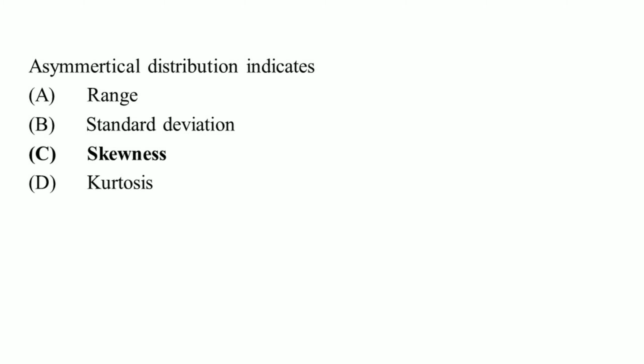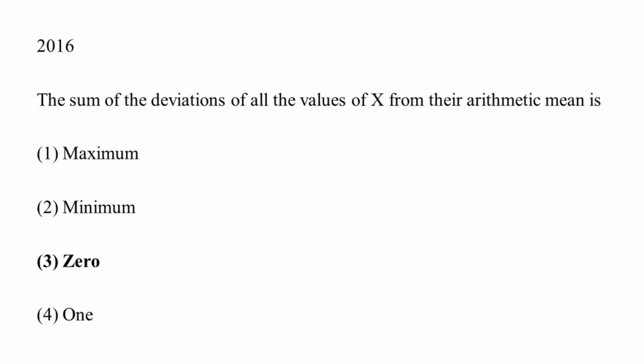Asymmetrical distribution indicates, option C, skewness. Next questions are from the 2016 UGC NET examination. The sum of the deviation of all the values of x from their arithmetic mean is, right answer option 3,